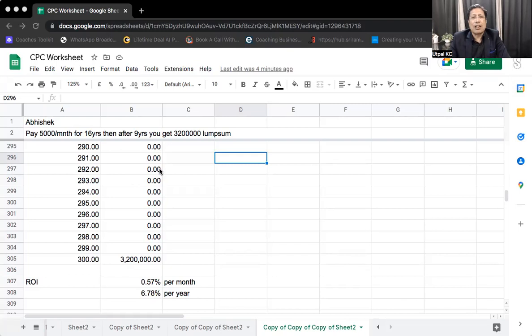There is nothing called best. It keeps on changing. Punya Shloka asks, some policies that we invest in for the long term have a payout once in 2 to 3 years. How do you calculate that? It is the same IRR. If you give me the exact cash flows right now, I'll solve it right away. But you'll have to do IRR, simply IRR: inflows, outflows, net inflows. Give me the cash flows, I will show you.